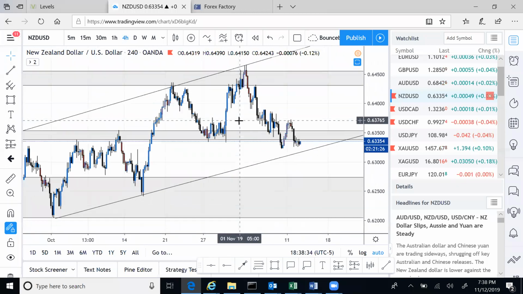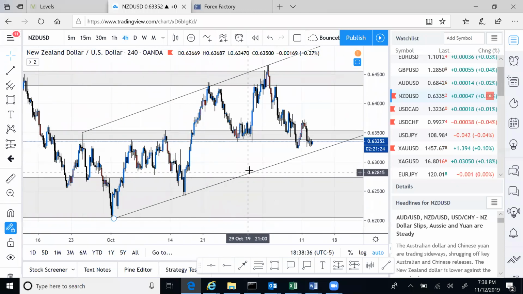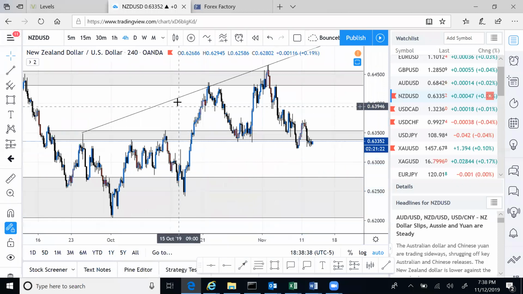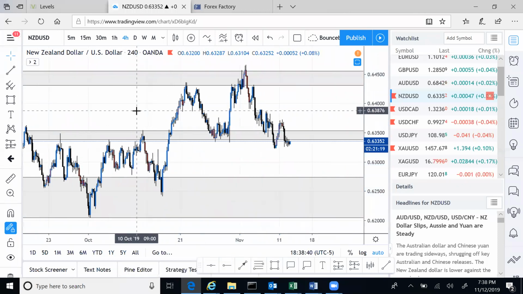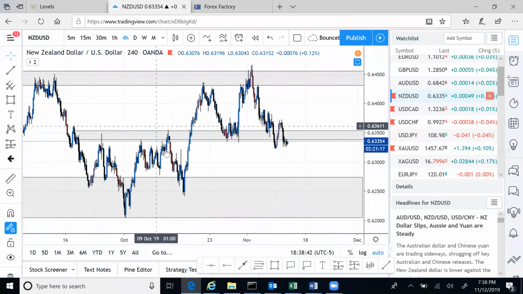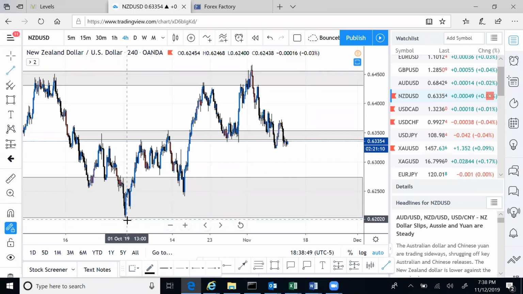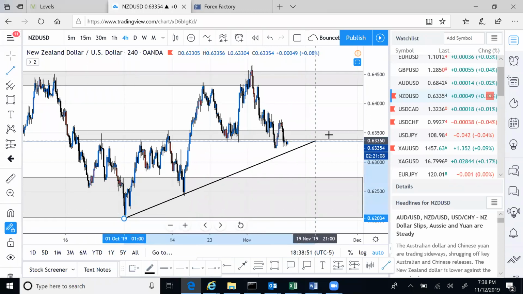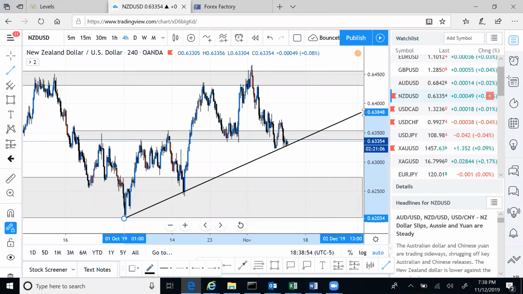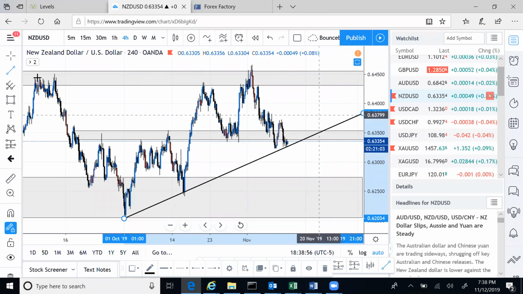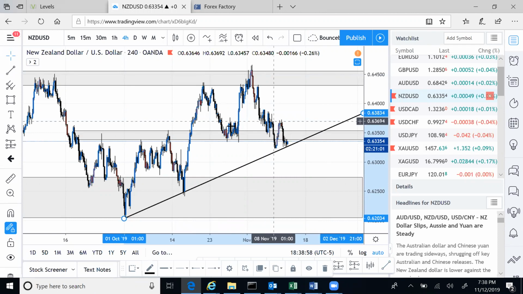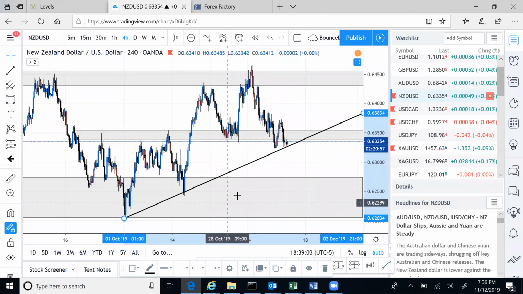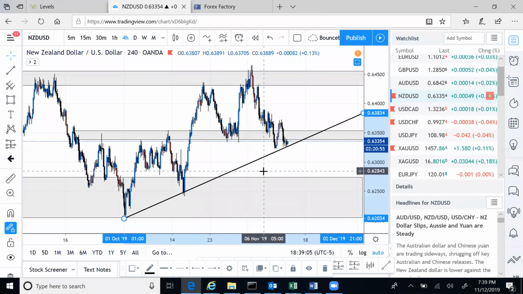I then identified a channel. So I'm gonna draw that channel over for you guys who are confused. And you can see that we're coming in an uptrend. Now you may not identify a channel, which is fine, but remember, drawing your trend line, that's key. You need to draw your trend line. So you may not have identified a channel, and that's okay, but at least identify the trend with the trend line.